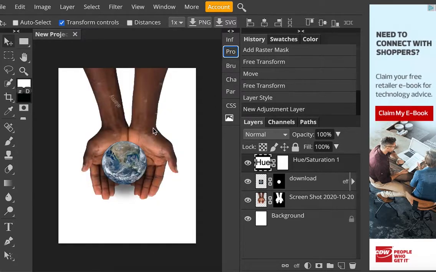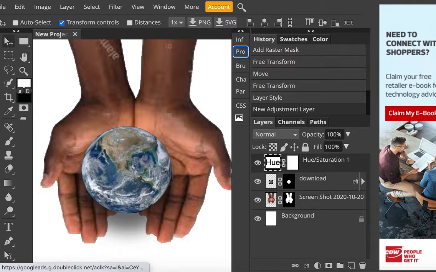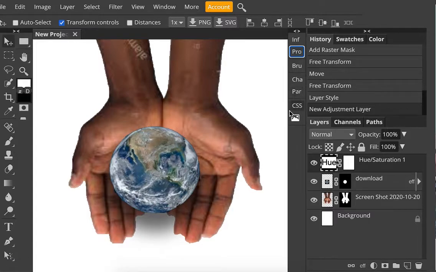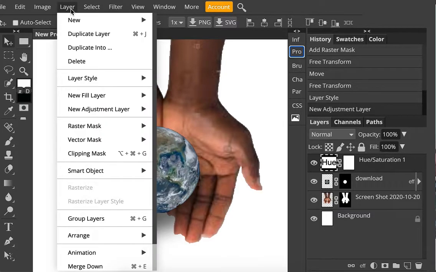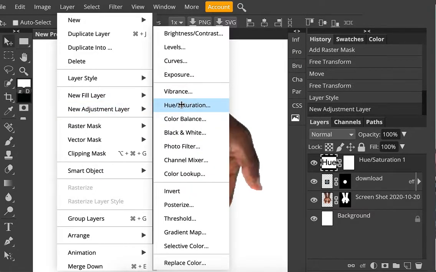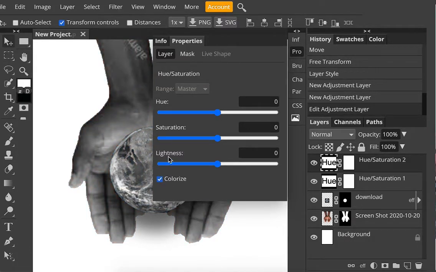So let's click off of that and, okay, if I move my window a little bit bigger, let's see if that helps. Okay, so let's go to layer, new adjustment layer, hue and saturation, and if I click colorize, it will